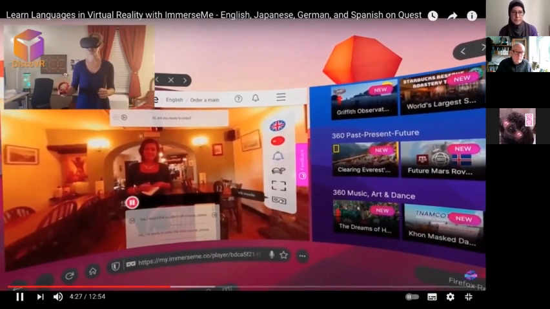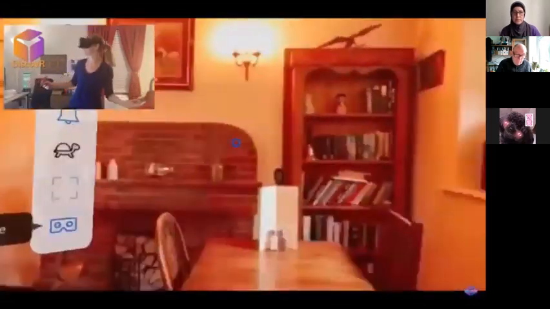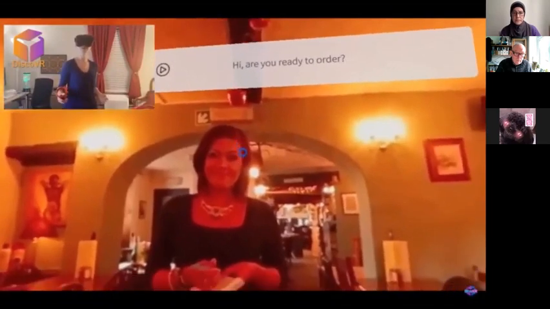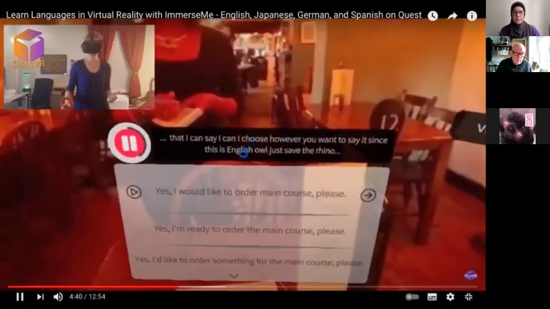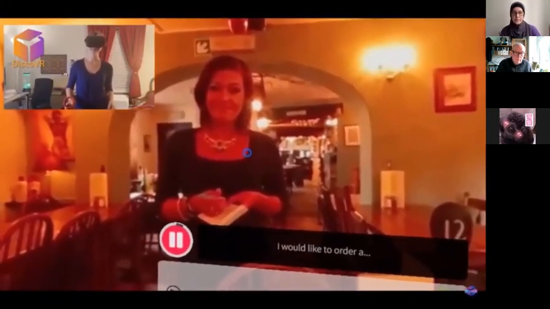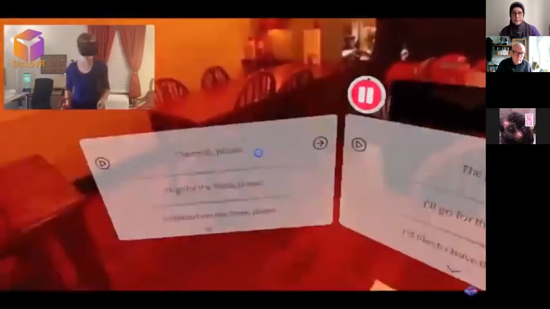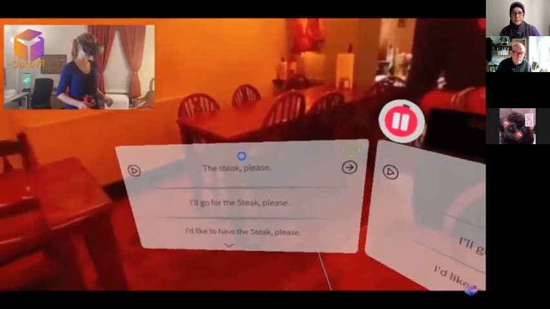You can click on this VR mode button and you will get transferred into the virtual reality of Immerse Me. Look at that. I'm in a restaurant and the waitress is waiting for me to make an order. And there are options how I can order my main course. All right, I would like to order a main course, please. Sure, what type of main? Type of main. Oh, they have a steak. I want a steak.